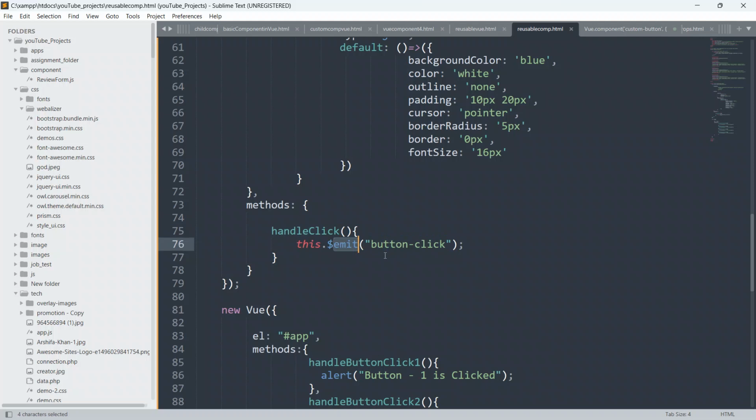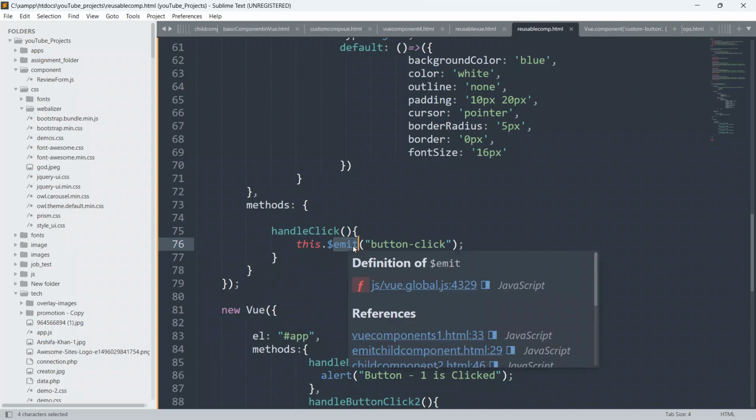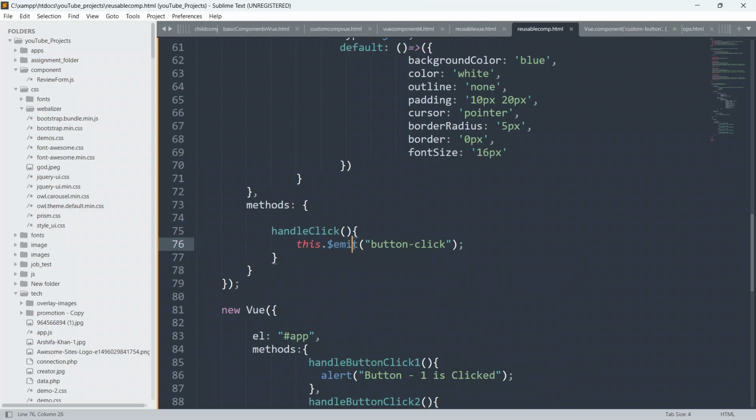Whenever any such event is going to happen, this child component is going to use emit, and it can send the data also along with the event.